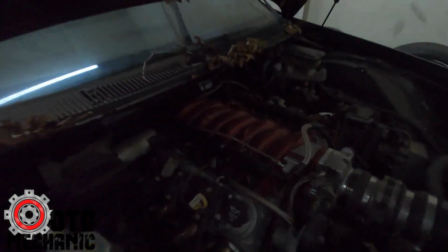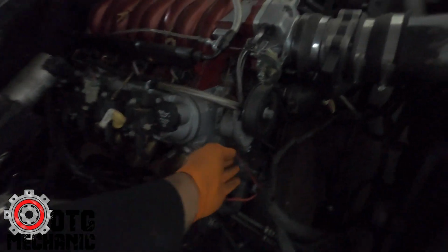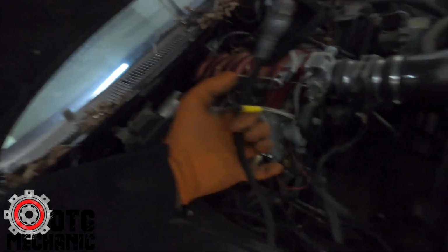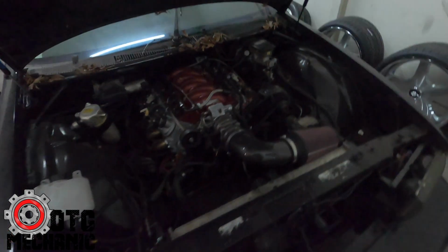But as you can see, there's no provisions on the harness for the windshield wipers. They didn't even put the right hose on here. And then this is for the alternator, I believe. And then this goes down to the starter, I think. I don't know, but it just wasn't done very well. I don't even know what this is grounded to. I don't know, but anyway,